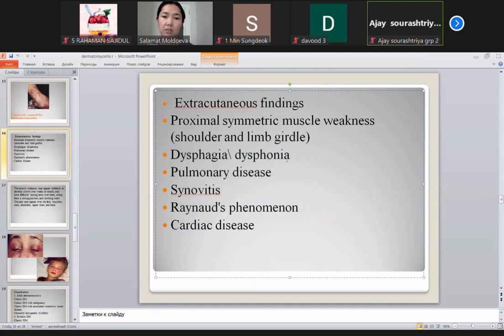Dysphagia or dysphonia. Why? Because here we also have muscles, and due to the weakness of these muscles, the patient can't properly eat food. Dysphagia and dysphonia, the problem with sound. He can't properly pronounce sound. Dysphonia, it's called. Pulmonary disease, we already know, strongly associated with